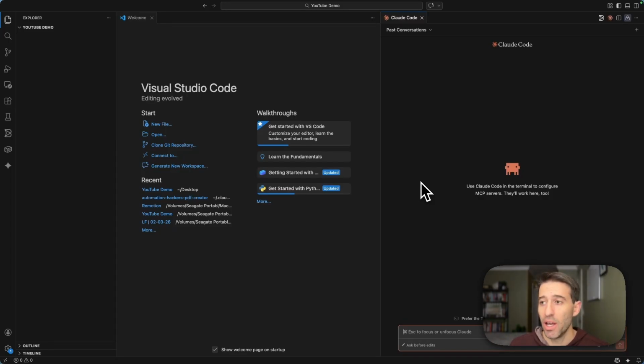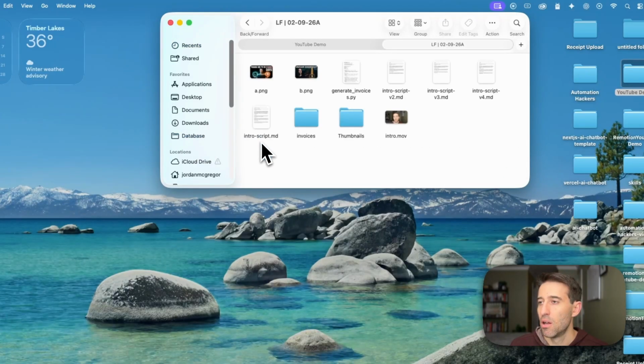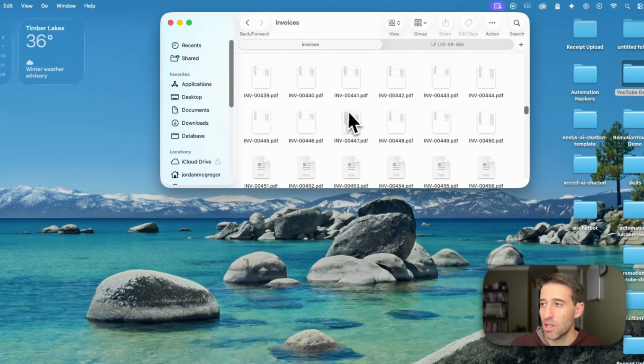Now what we're going to do today is transfer some invoices. So we're going to come here, and we have invoices right here. We're going to transfer that to YouTube demo. So now we've transferred our invoices over to YouTube demo. This is 1,000 invoices